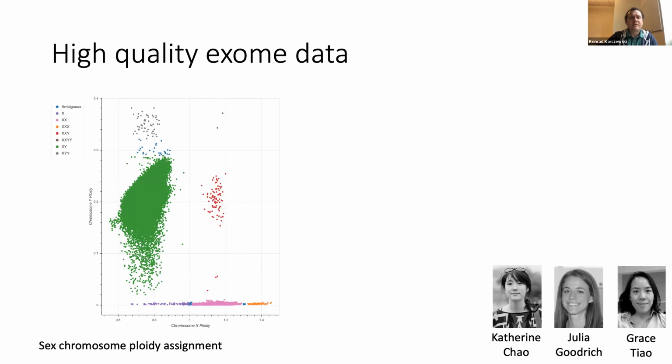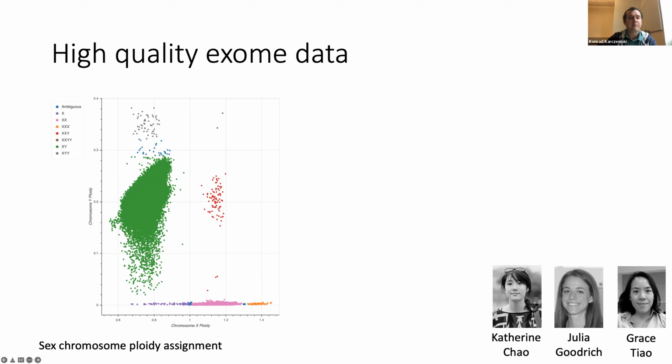Just to give some examples, there are plenty of QC steps that we go through along the way. I'm not going to show all of them, but for instance, here you can see that when we look at these samples, we have to, a priori from the genetic data, assign sex chromosomes to the individuals. This is mostly as a QC check to make sure there are no sample swaps, but also just to be certain about the quality of our data as well.